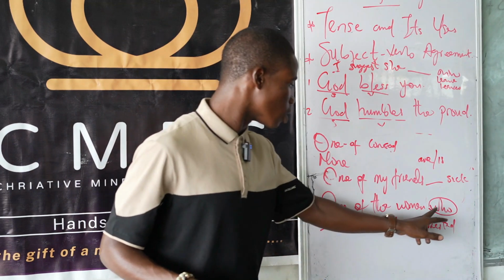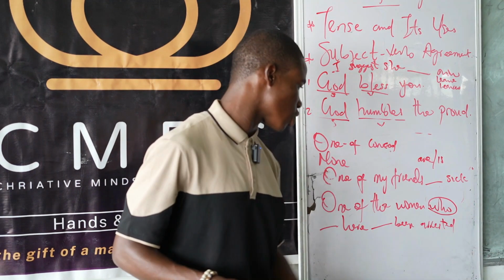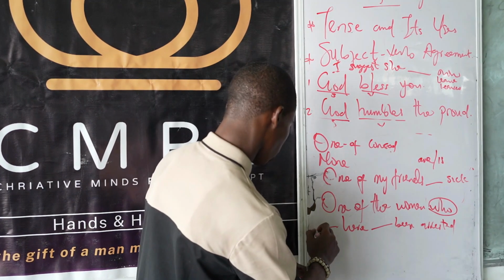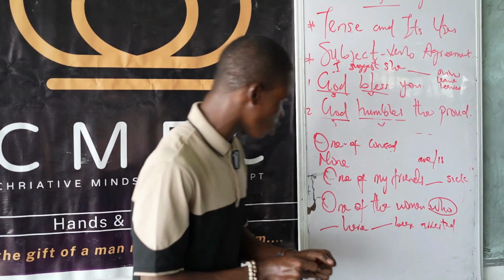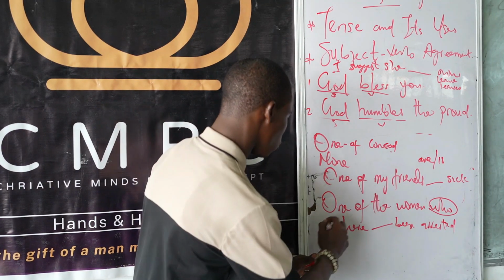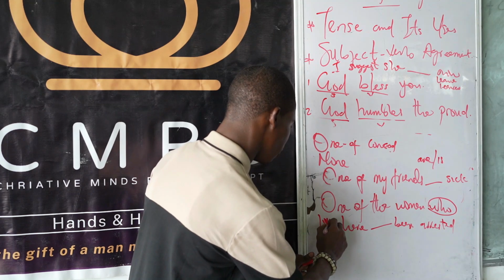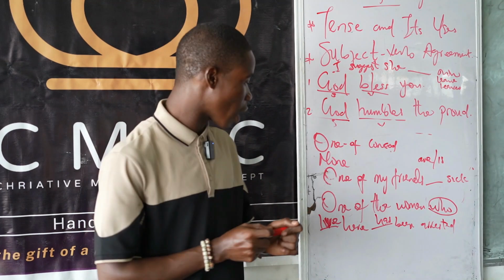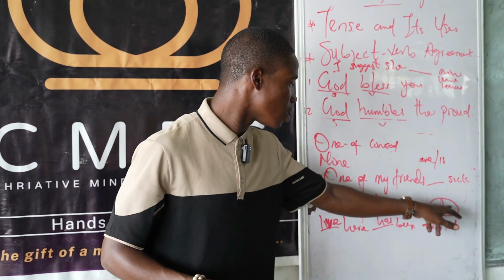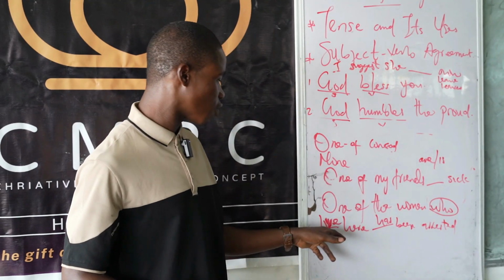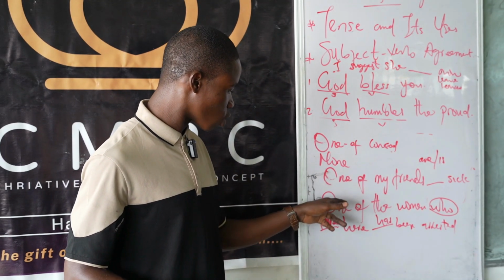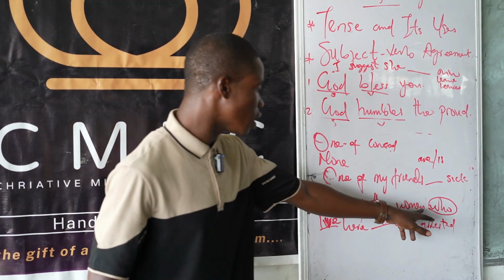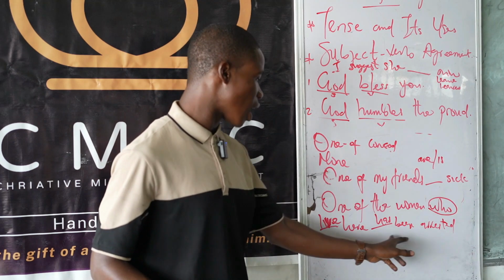So when you say one of the women who dash here dash been arrested, and we have our option as live, L-I-V-E, or lives. Because of our tense, it will be one of the women who live here has been arrested. Why? Because I told you the noun behind this relative pronoun determines the first verb here. While this particular word, one, determines the next verb. It's like you're saying the women who live here, one of them has been arrested.